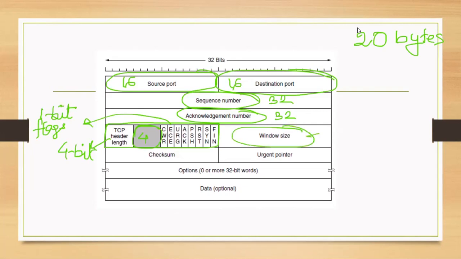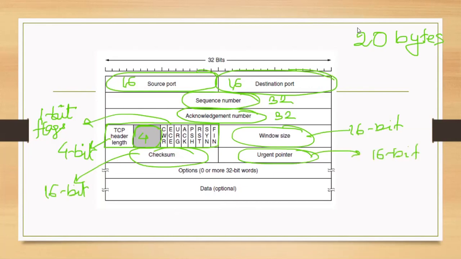Then comes your 16-bit window size, 16 bits for giving the window size. Remember I mentioned earlier that TCP uses the sliding window protocol with dynamic window size. So the window size field is here. Then there is a field called checksum. The checksum is for giving some reliability, and it is a 16-bit checksum value. Then there is a pointer called the urgent pointer, which is also 16-bit. I'll explain in a while what this urgent pointer does. It is basically a pointer to the data section. It points to some part in the data section.